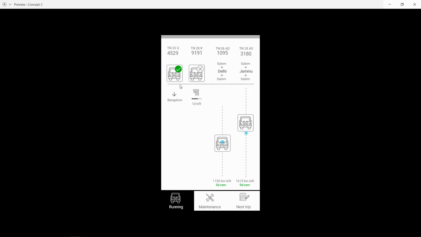And all the trucks are present at the top. And the trucks above this line are the trucks that are currently not on a trip. And the trucks below this line are the trucks that are on a trip. The green tick represents the truck is ready to go on the next trip, and this is the place it's going next to. And the maintenance icon means it's currently under maintenance, and this is the maintenance summary of this